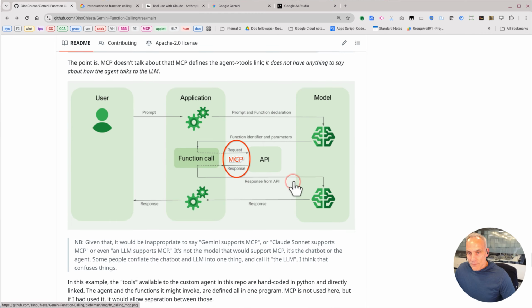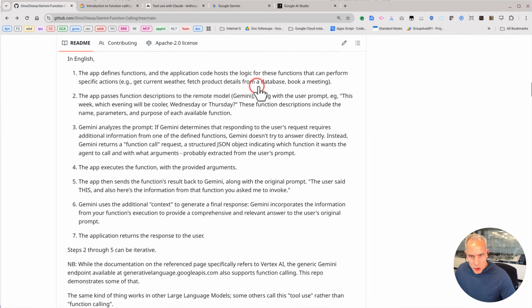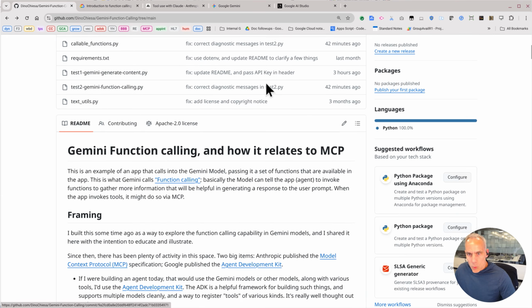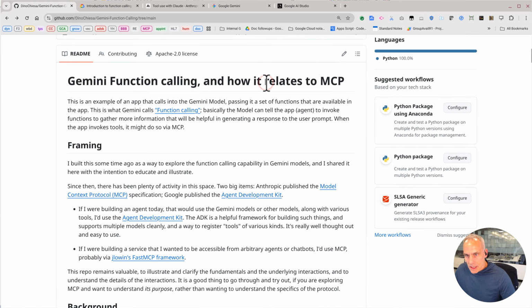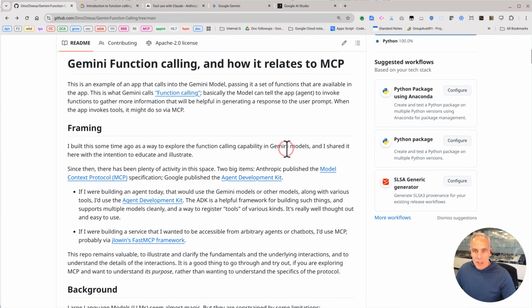So this is something that you can try yourself and fiddle around with. It does not use MCP, but I think it's a good illustration for where MCP fits, what function calling is, and how models interact with agents. It gets you familiar with how all these different pieces fit together. And for that reason, I hope